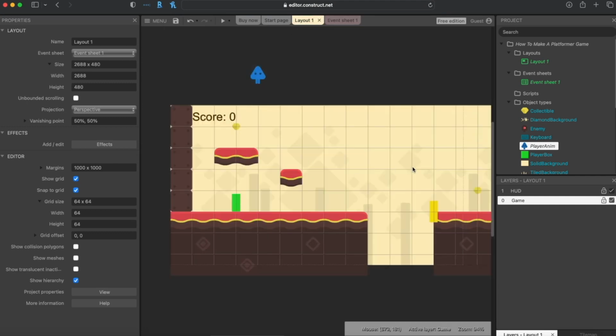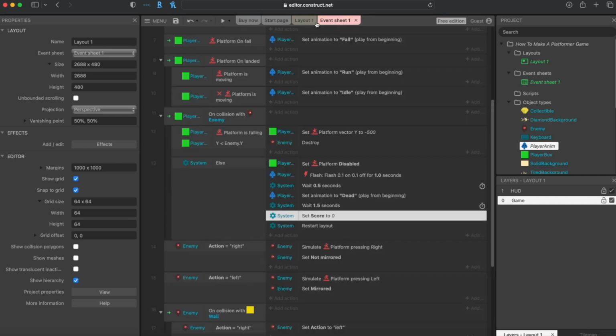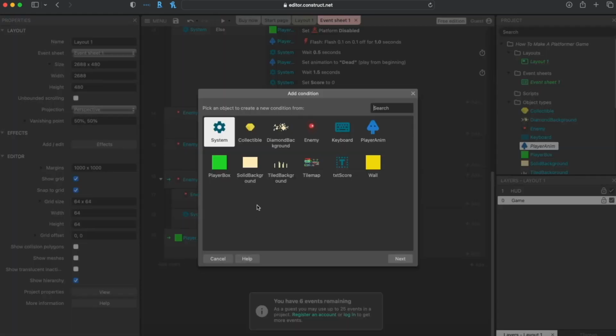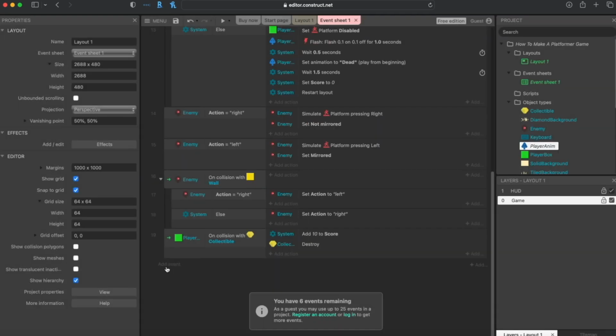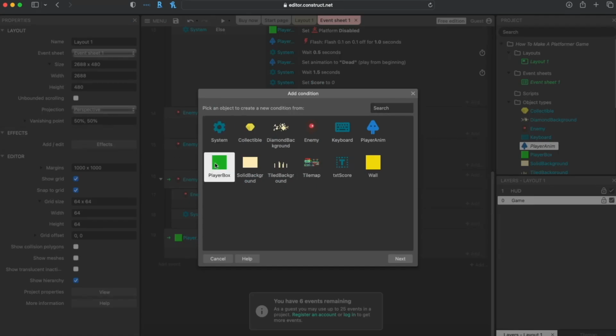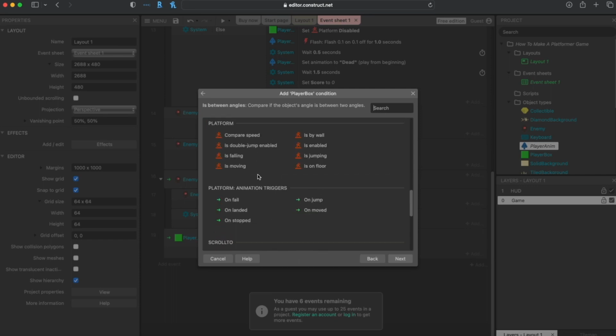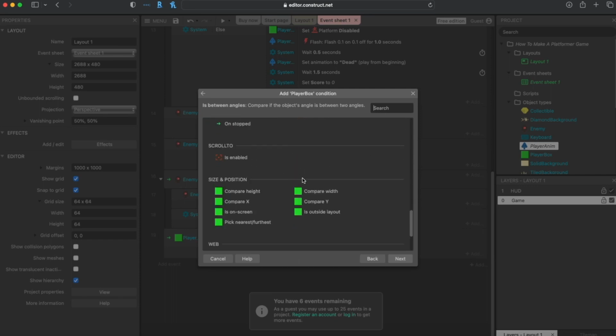What happens if the player falls off the level? Now, they have a thing here where we can check for the player if it's outside the layout. So if I go on the player box, and here for size and position, they have is outside of layout. And what this means is outside the boundary. And that's all 4